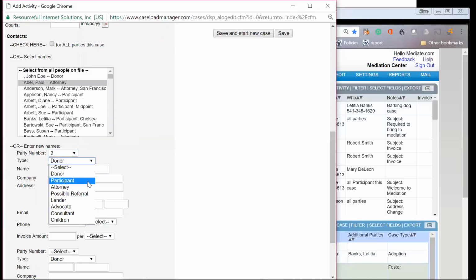All of these fields can be completely redesigned. By the way, we've pre-populated it with some of the more common participant types and case types, etc. But of course, you can blow out whatever doesn't apply to you and add in all of your own new fields. Okay, so I'll say that this is a participant, and let's call this person,